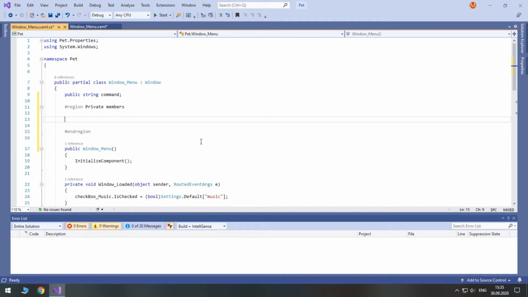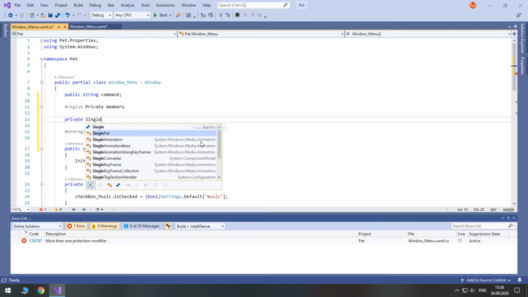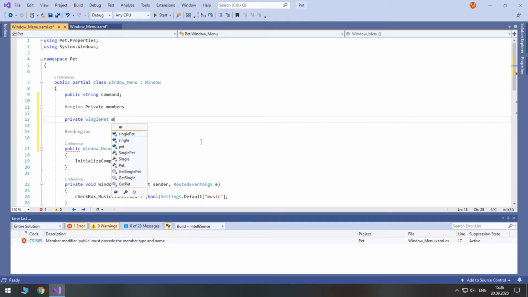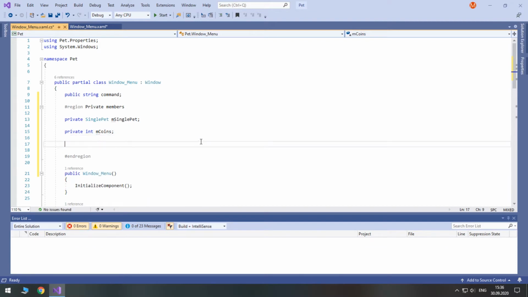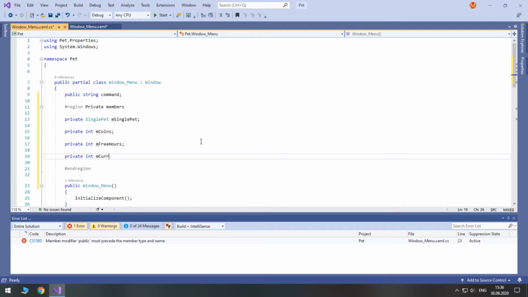First of all, we will have a private variable for single pet. Let's call it m single pet. Also, we will need a variable for coins, so m coins. Another variable for free hours, m free hours. Another variable for current day.